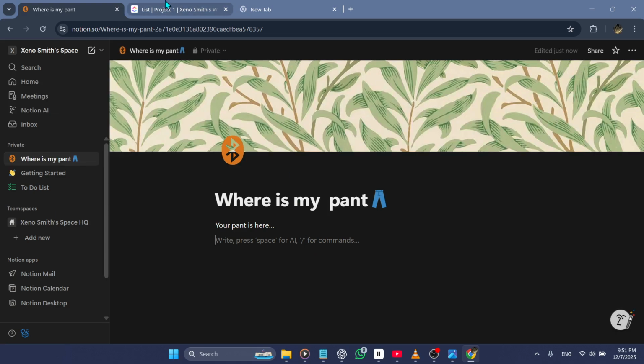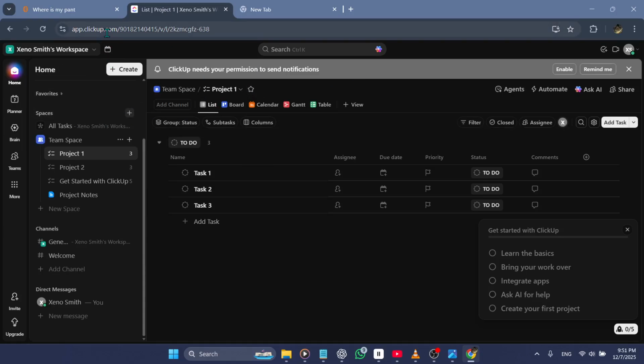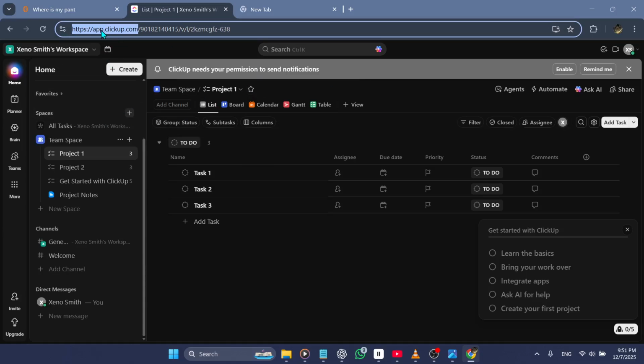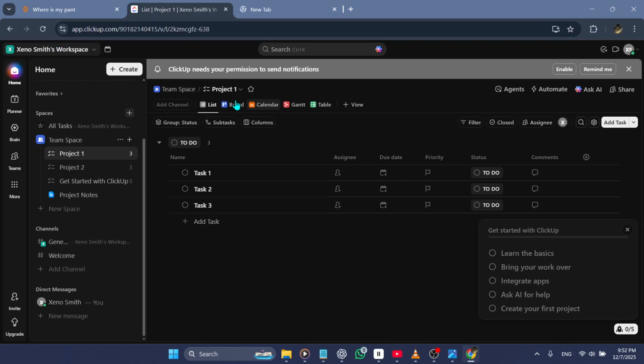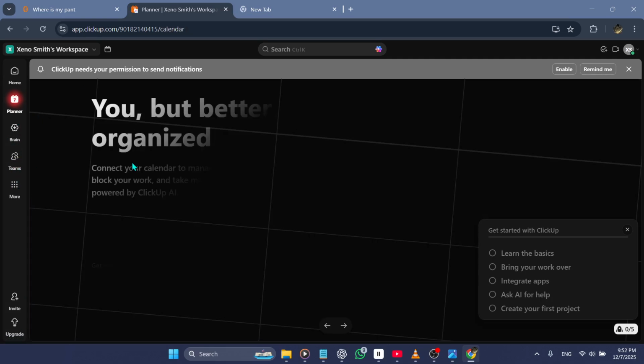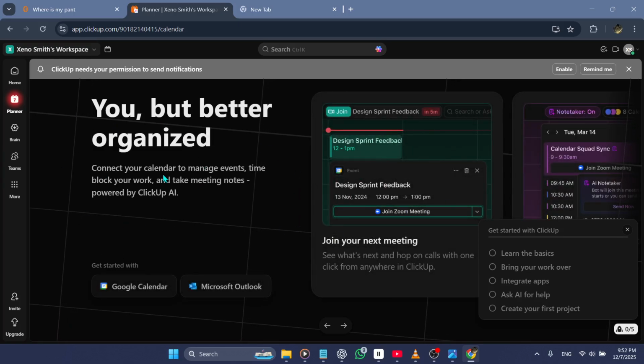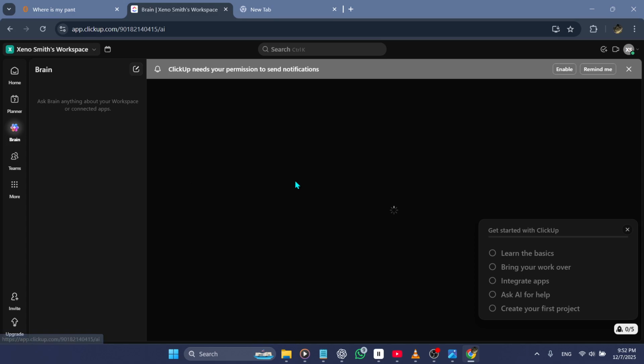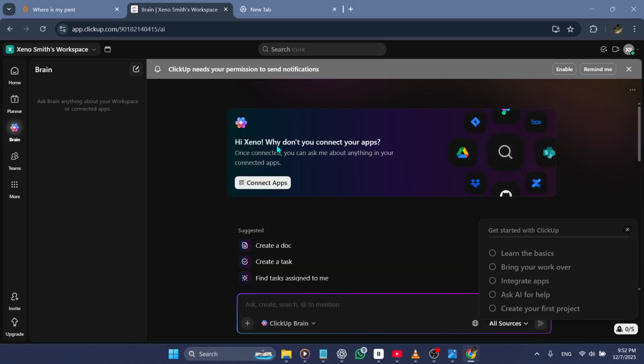ClickUp markets itself as the all-in-one productivity platform for teams, and it truly delivers on that promise. Compared to Notion, ClickUp offers a more structured and feature-rich environment built specifically for project management. It includes advanced task management, time tracking, team collaboration tools, dashboards, reporting, goal tracking, and far more customization than most